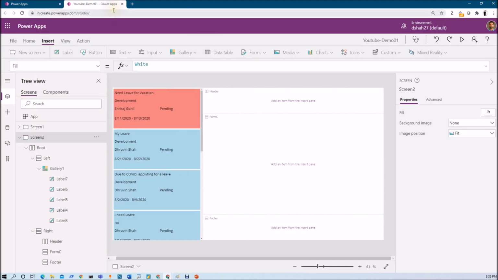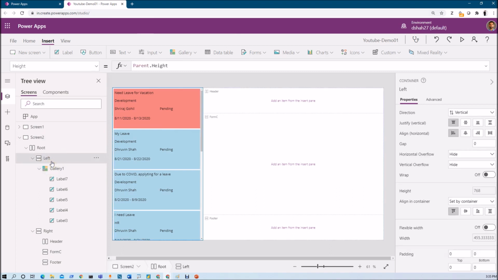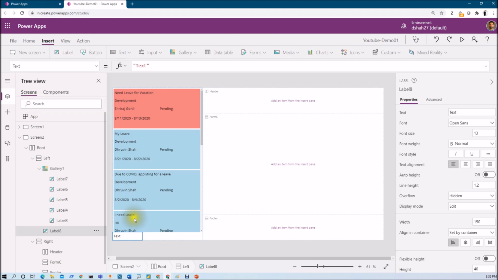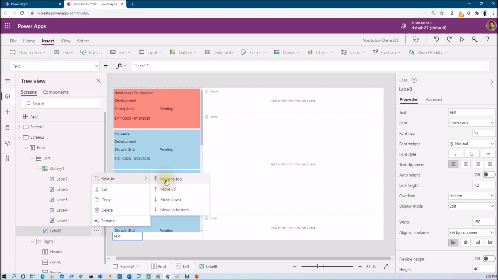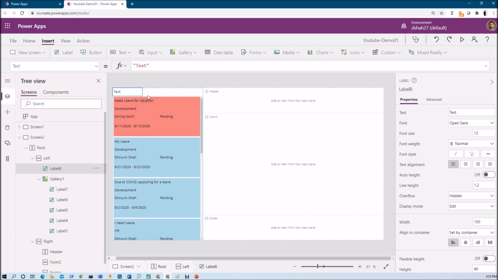Now what I want to do here is add one header above this particular gallery. So I'm just selecting this container, as this is the vertical container. We just need to add one label here, and that will add that label here. Let me arrange that, move to top, so it will add at the top. And let me give the text as my leaves,